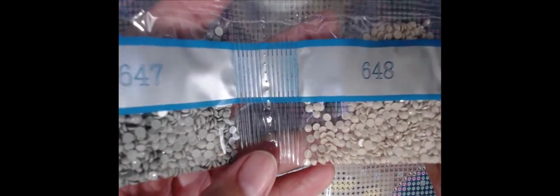3772. Well, here's you another one. 961's nice. 3864. 647. 648. So you see those two will probably be right next to each other. Let's see. Yep, they are. In fact, see? This arrow and this dot right here are 647 and 648. And then you've got 3024, 3078, 3325, 823,